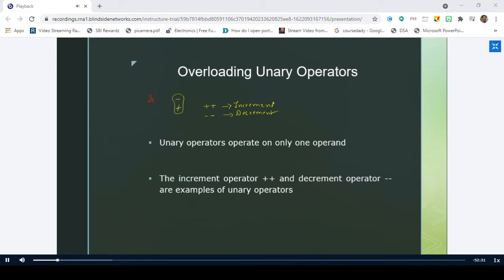Yes, sir. Increment and decrement are again divided into two types. One is the pre-increment and the second one is the post-increment. Similarly, the decrement can also be treated as pre-decrement and post-decrement. All these things we know. But in this example, we'll check how we can make these increment and decrement operators work with user defined data. That is what overloading is, right?